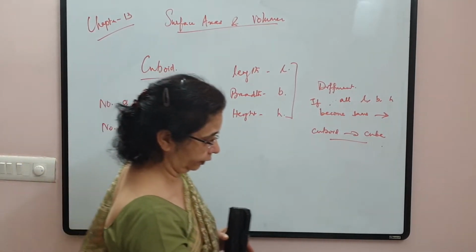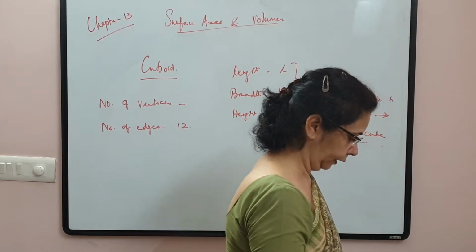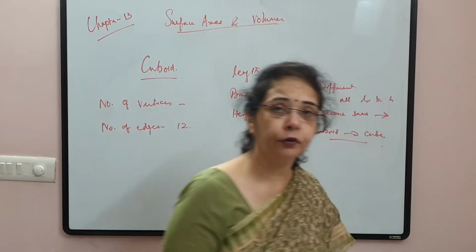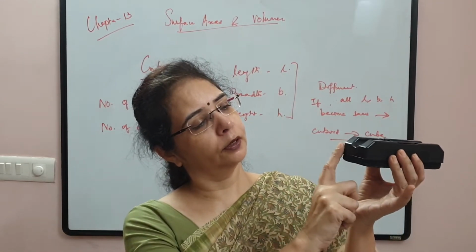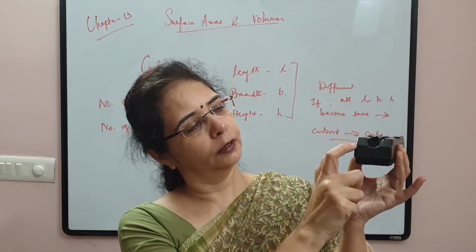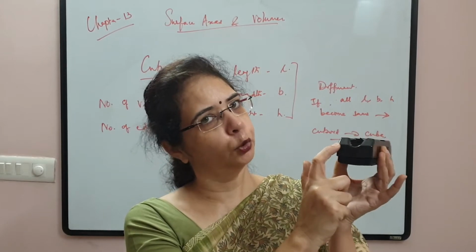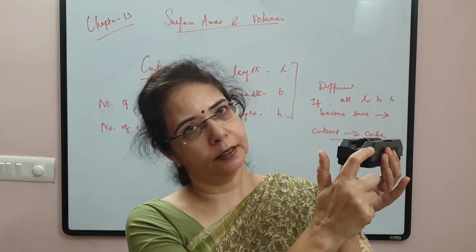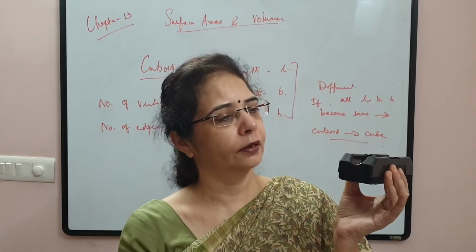Now what are vertices? Vertices are the points where these edges meet. Now you count the number of vertices. Now look at this. This is, children, one edge. This is another edge. These 2 edges are meeting here. So this is that point where the 2 edges are meeting. Similarly, this is another point. Now let us count the different number of vertices here.